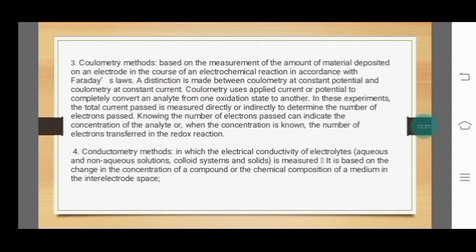The last one is the conductometry method, in which the electrical conductivity of electrolytes, aqueous or non-aqueous solutions, colloid systems and solids, is measured, and it is based on the change in the concentration of a compound or the chemical composition of a medium in the interelectrode space. So these are all the overview of